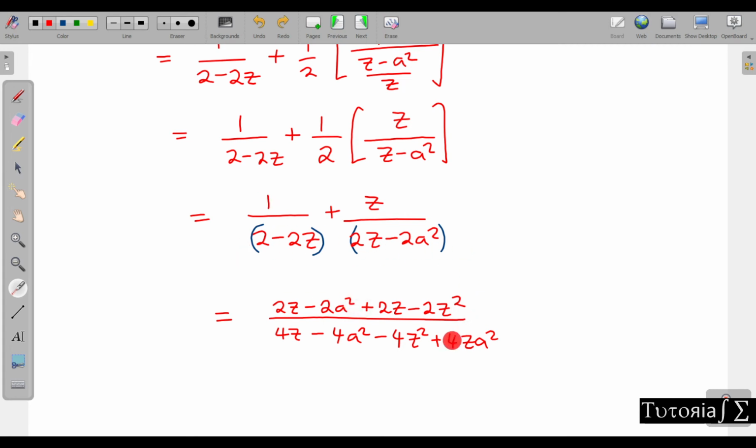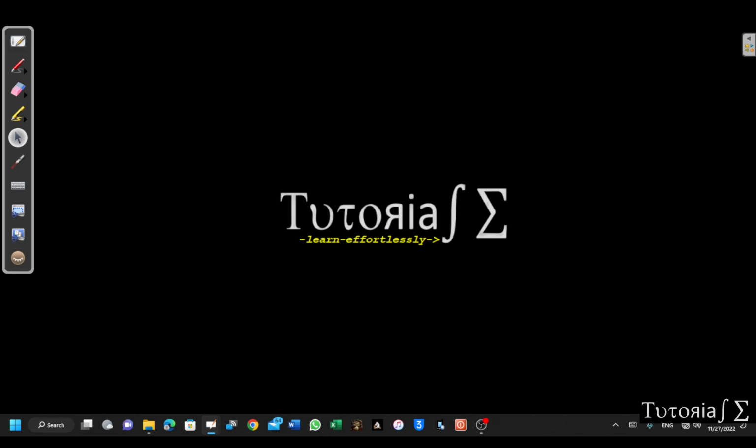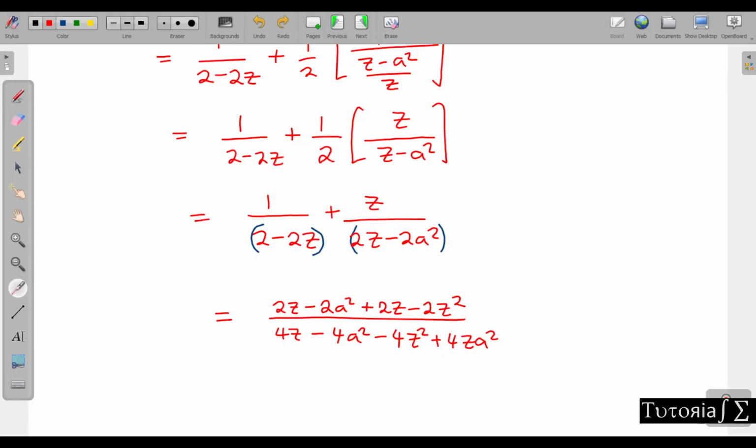We multiply the common denominator. When you expand everything, it gives you this, just the same way we used to find fractions in grade 12. So that is how you do that one, right? So yeah,